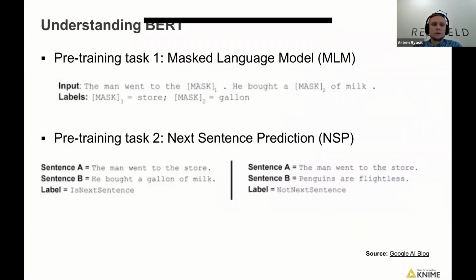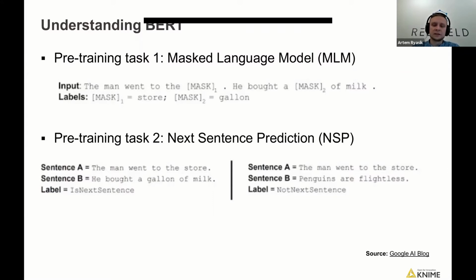So how was BERT trained? That was the whole concept of BERT, of transfer learning. BERT was trained on two main tasks. The first one is prediction of missing or masked words. So we have an example: the man went to [MASK], he bought [MASK] of milk. Even for a human, it's quite an obvious task, so we can quite easily match some words